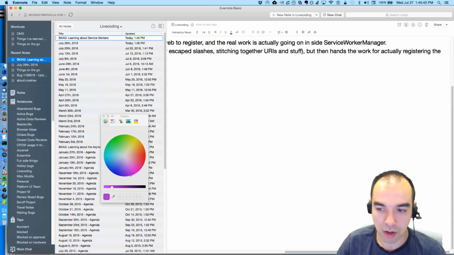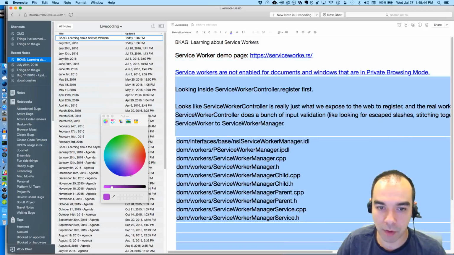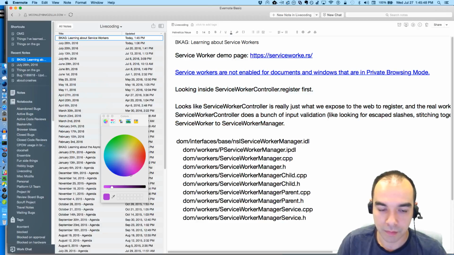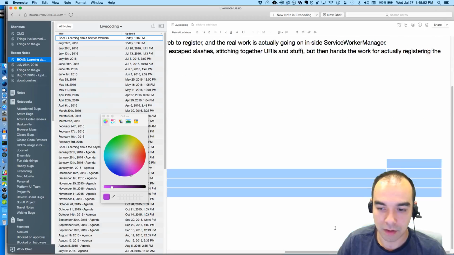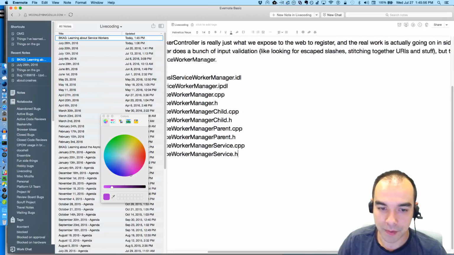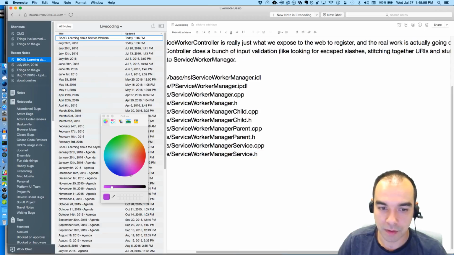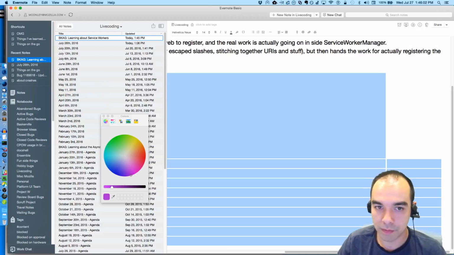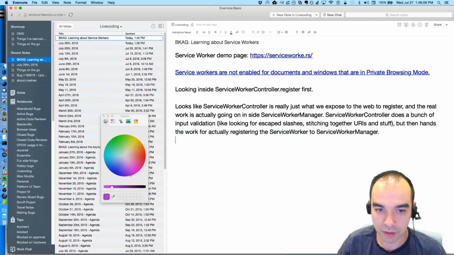Whoops. I really don't want to be spending my time formatting this stuff. What's happening here? This is such garbage. Evernote, why are you so silly? Destroy. Okay, much better.